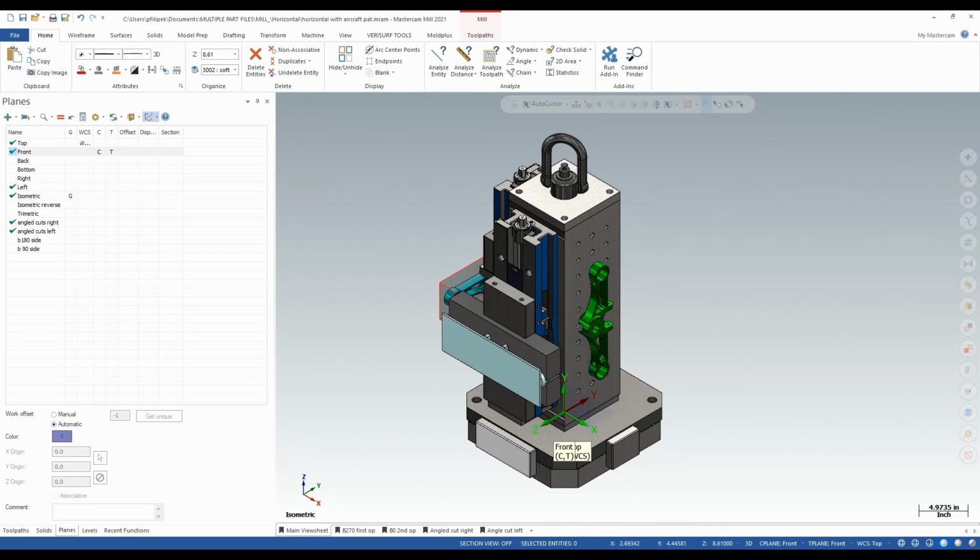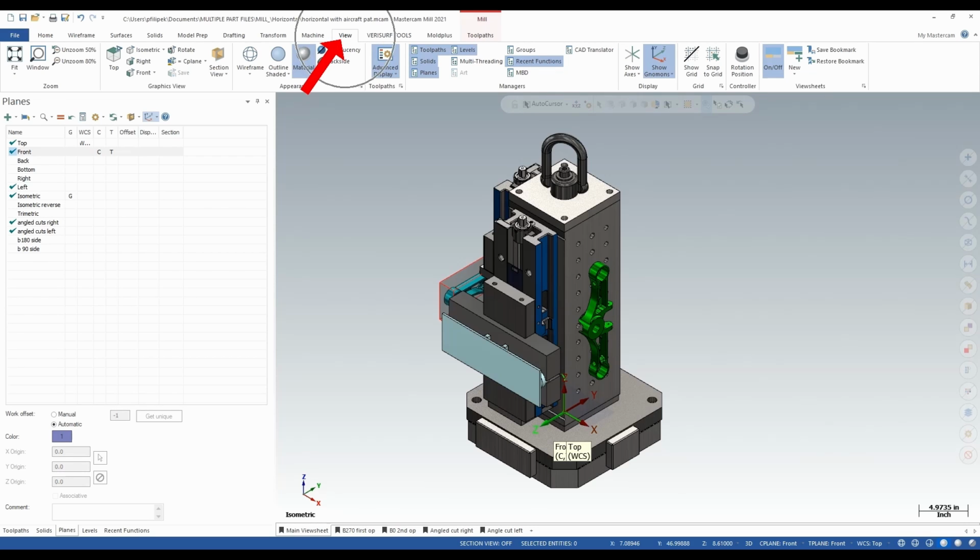There's a few different ways to make these view sheets. So up on top in Mastercam in the view menu, all the way to the right, there's a view sheets menu over there. We have on and off, so you can turn these on or off if you don't want to see them, or we can just create new from the list here. So if I left click on new, it's going to pop a view sheet on the bottom here, and it's called view sheet 1. Now I can rename these, so I could name this side cut, let's say, just for instance,